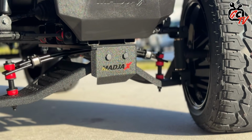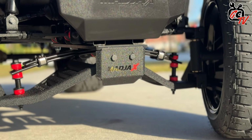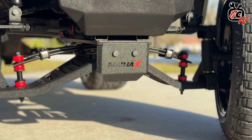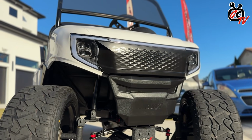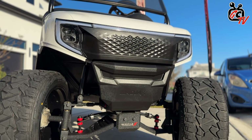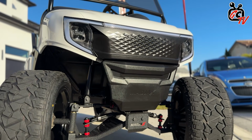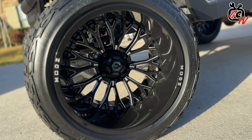It's got the MODZ 15x10s with the X-Comp tires on it. So it rides really nicely. Are there spacers on it, or is it just the tires and the depth of those wheels that make it wide? You've got the nice offset with the deep dish there. Yeah, so that's turned out really nice. And then you've got